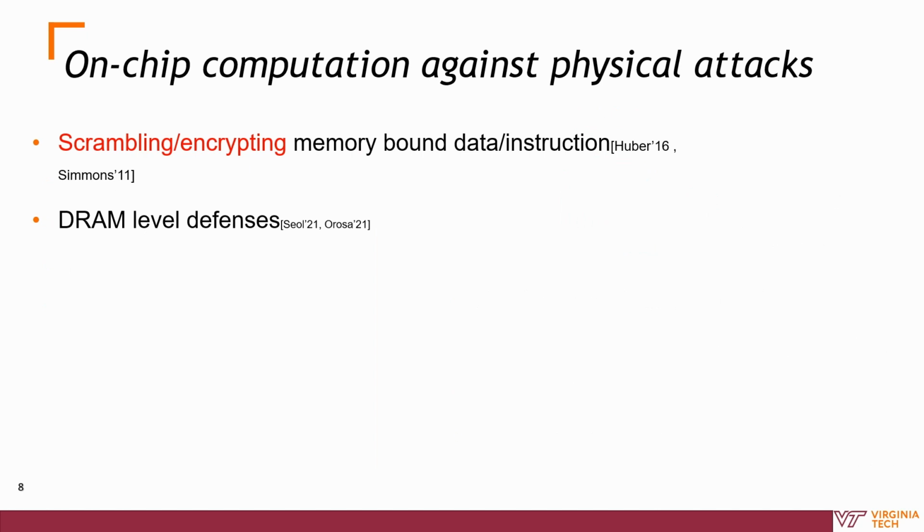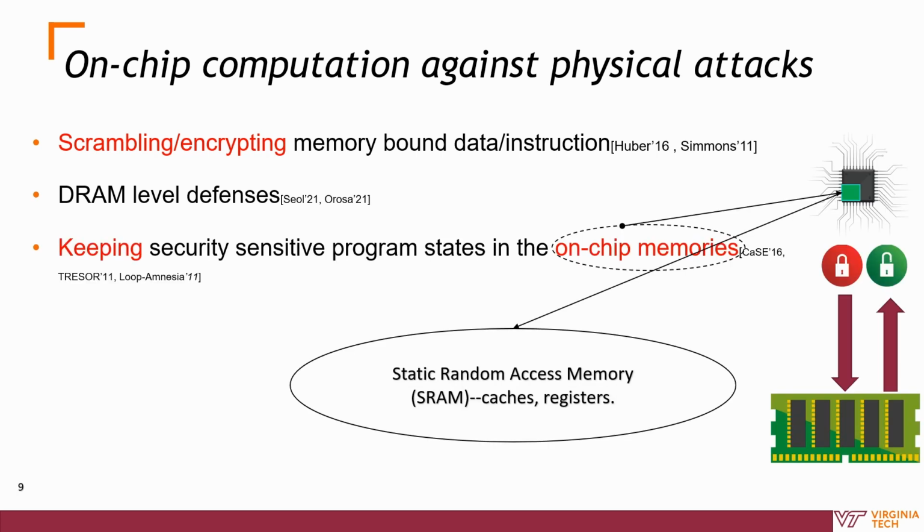There are a lot of methods to prevent DRAMs from cold boot and bus probing type physical attacks. For example, scrambling and encrypting outgoing data. Anything that goes out of the chip must be encrypted, and DRAM level defenses. DRAM level defenses are not necessarily applicable to lower end embedded devices because of the hardware cost and newer implementation